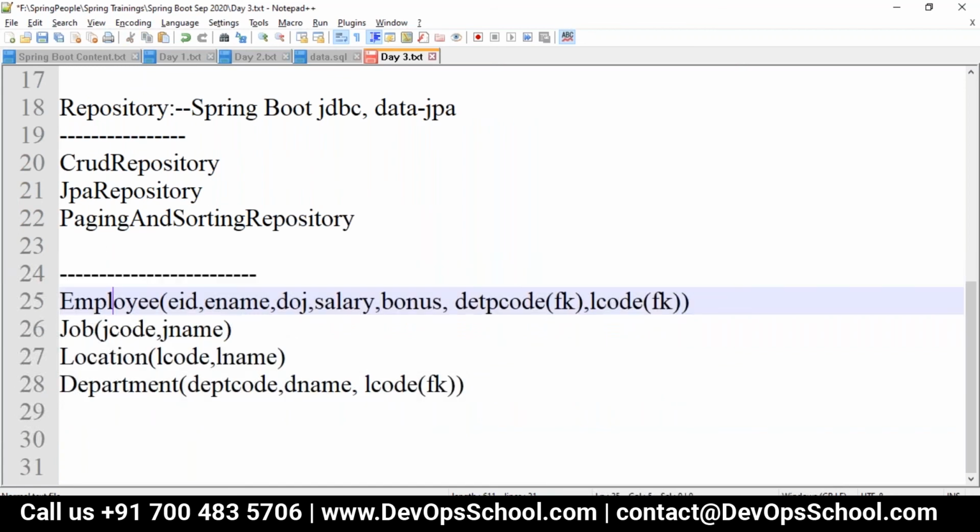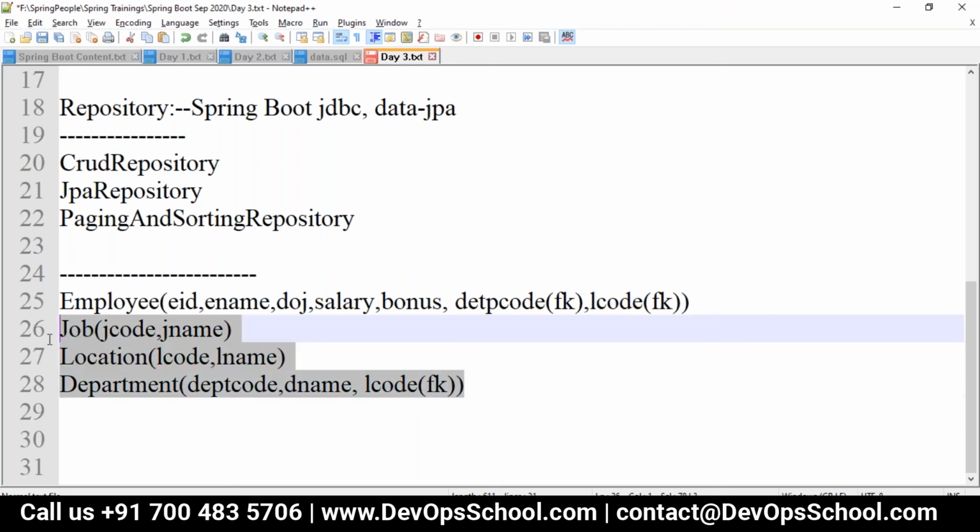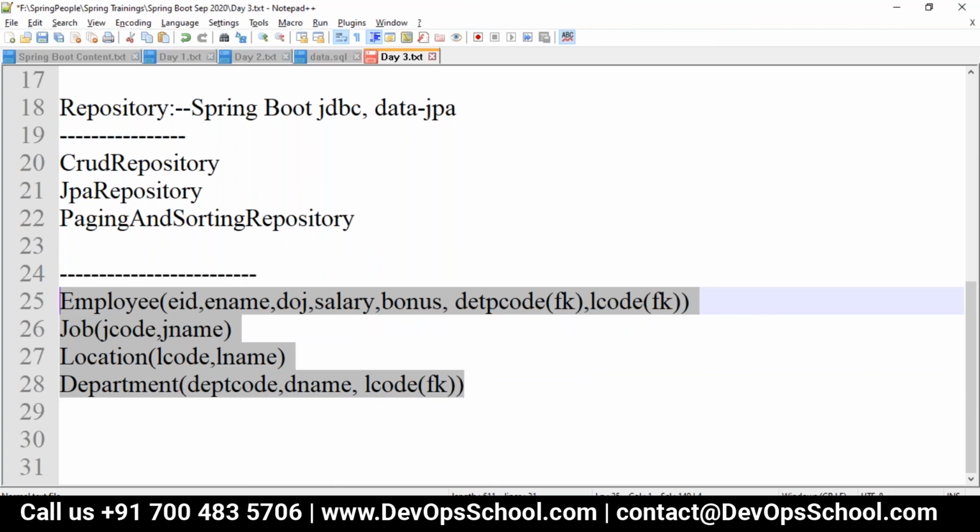So in the employee, we have to decide whether one employee will be in many departments, or many employees belong to one department. So here department code will become a many to one. So many employees belong to one department. Then in the same way, in the department we have an L code, location code. So that is many departments belong to a single location, or you may have many locations belonging to many departments also. So in that case, it will be many to many. According to this, if I want to construct my entities, let me just take it here.